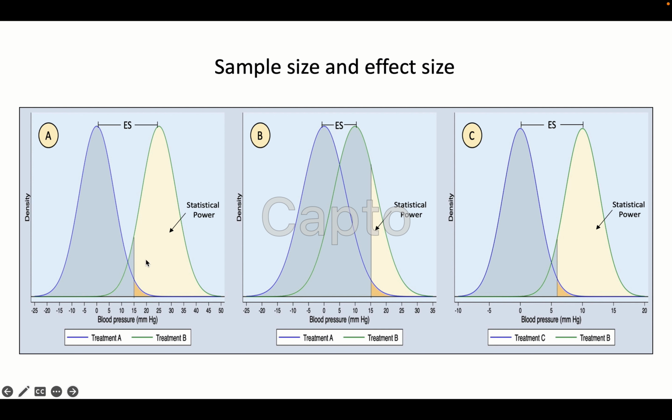Initially in your protocol, you were planning to have 80% statistical power, but because the actual effect size was so small, the statistical power is going to be really decreased, something like 40% or even less, right? So you will have very serious issues with the statistical power if you are not honest with the specification of the effect size